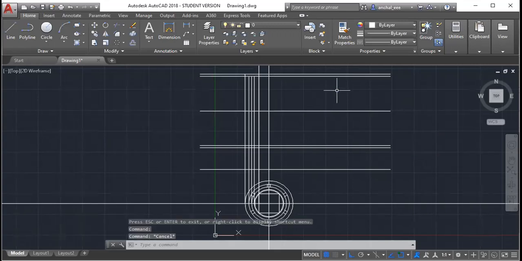So the center line is there. From the center line, you can see in the question, the overall height of the transformer is 350. So half of 350 is 175. So from the center line, offset at a distance of 175 up, 175 down.